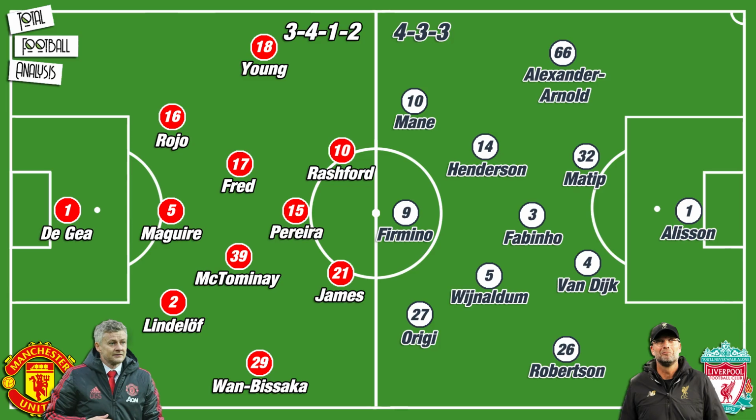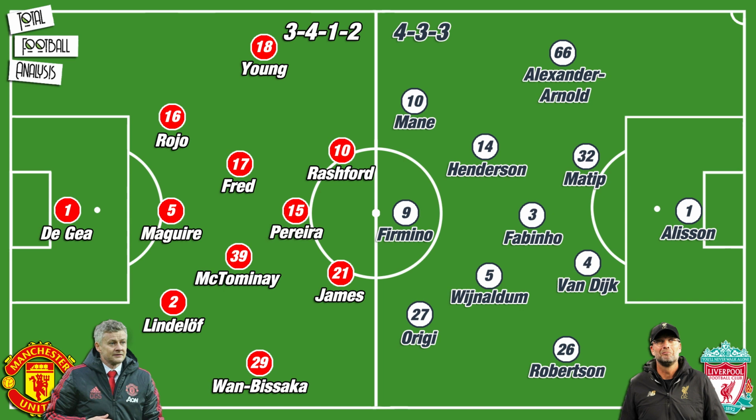Aaron Wan-Bissaka returned from illness to play at right wing back, while Fred partnered Scott McTominay in midfield. In attack, Andreas Pereira played as a false nine, with Marcus Rashford and Daniel James as the wide attackers. Klopp went with what seems to be his first choice 11 at the moment, save for one change. Mohamed Salah's injury allowed Divock Origi to come into the side, with Sadio Mane switching over to the right flank